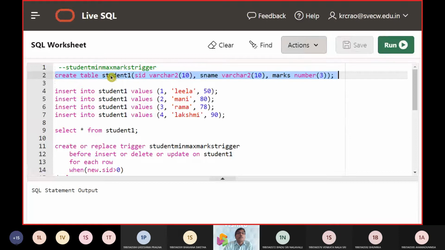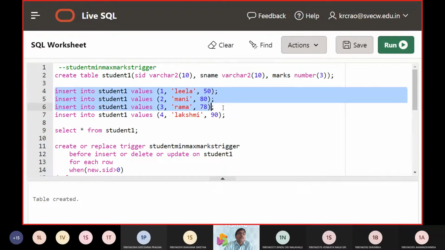Now we are creating a table called student1 with SID, name and marks. So hitting on the run button. Now you can see the table was created. Then we are going to make 4 insert operations: SID 1, 2, 3, 4, student names Leela, Mani, Rama and Lakshmi, marks 50, 80, 78 and 90.